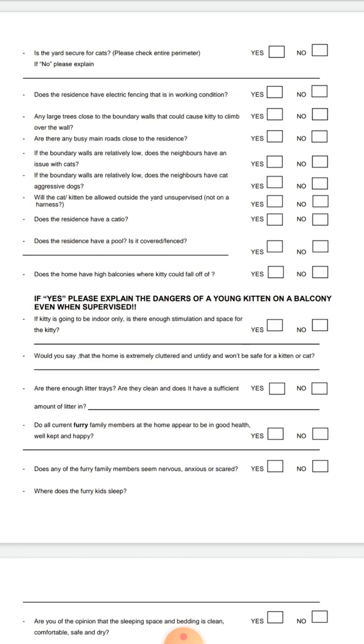Will the cat or kitten be allowed outside in the yard unsupervised, not on a harness? Sorry, it should actually read outside in the yard, unsupervised, not on a harness. I'm not saying that you have to take your cat out on a harness every single time, but if they want to take their kitty outside and the kitty is young,